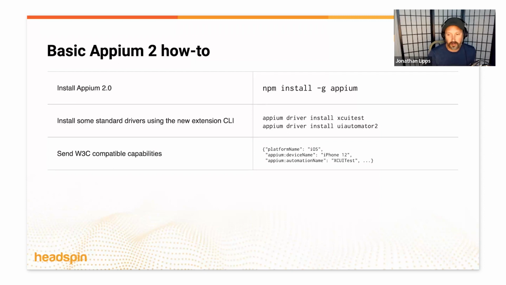Next, to start an automation session, you need to use your Appium or Selenium client and start a session with a correct set of capabilities. Capabilities are just parameters to starting an automation session. Importantly, Appium now only accepts W3C WebDriver specification compatible capabilities. This means that any capabilities which aren't explicitly mentioned in the WebDriver spec need to have a prefix. In this case, we've chosen Appium as our prefix, so you can see appium:deviceName instead of just